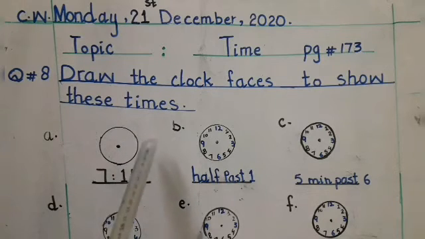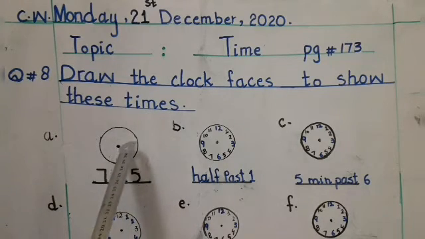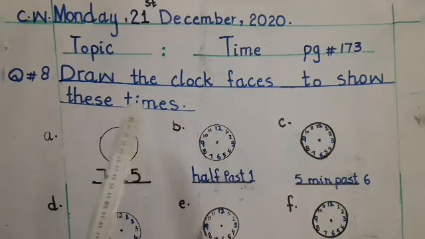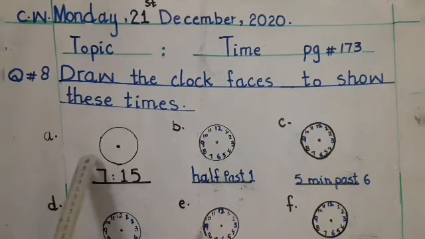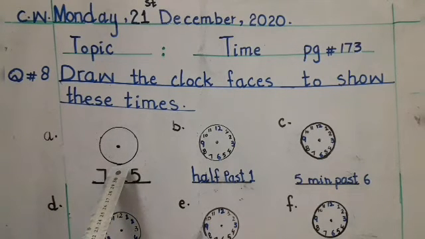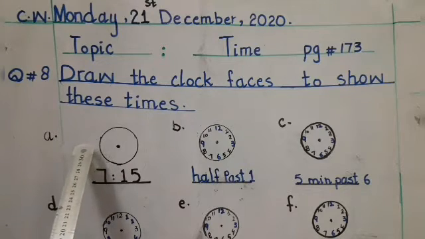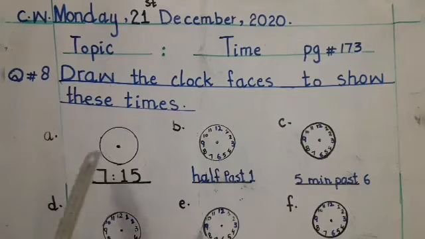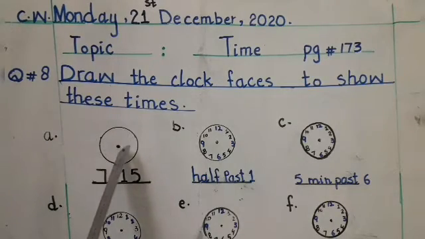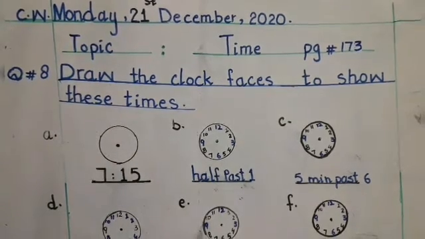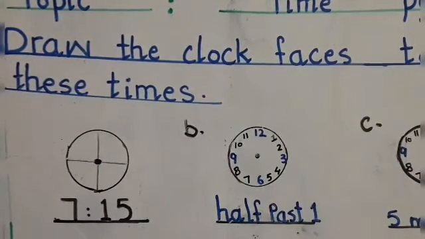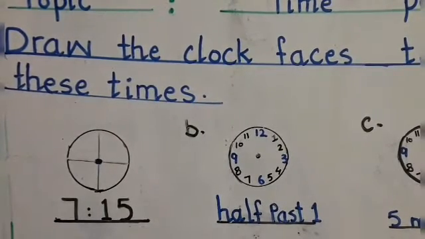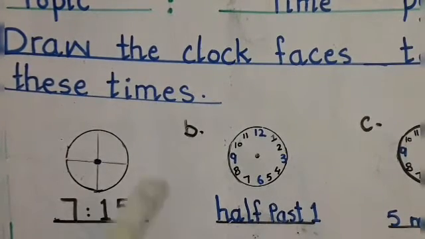Students, and then put a dot in the center of the clock. And students, there are two methods. For example, if you are using this round clock, you can mark it like the addition mark. You can mark it like this. Students, this is how you can write the numbers in the correct way when you are making the clock in a circle.